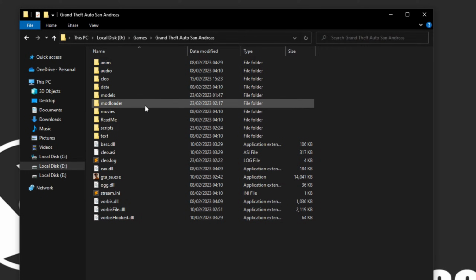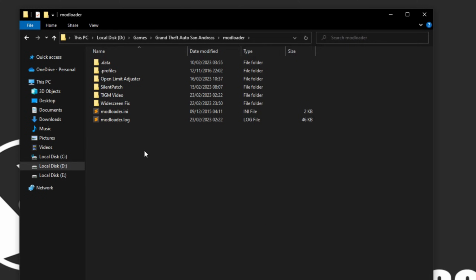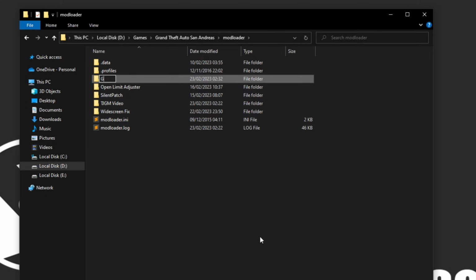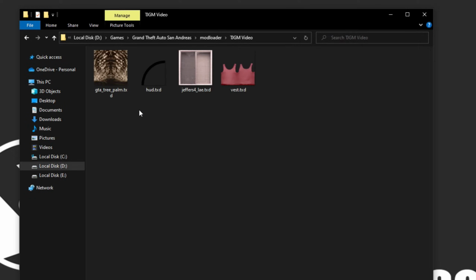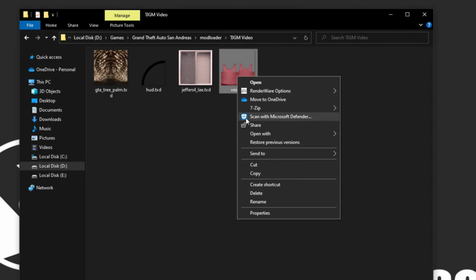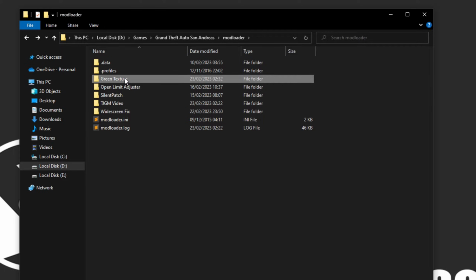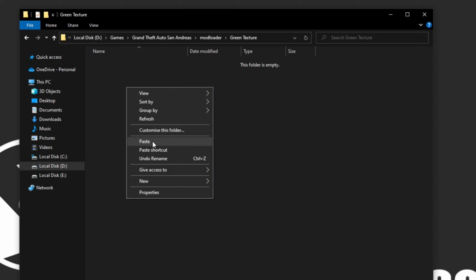Step 1. Go back to your ModLoader folder and create a new folder called Green Texture. Step 2. Open the TJGM video folder, which contains your modified textures. Copy the vest.txt file and paste it into the green texture folder.